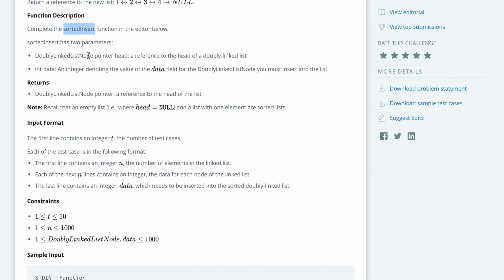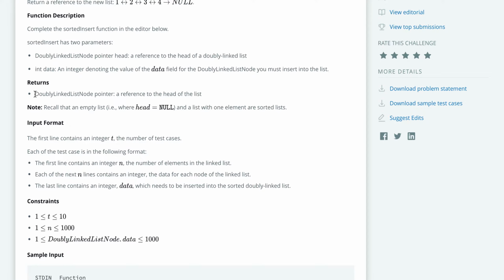Sorted insert has two parameters. One is our doubly linked list pointer head, meaning our linked list, and the second is data, meaning the value of the node which has to be inserted.